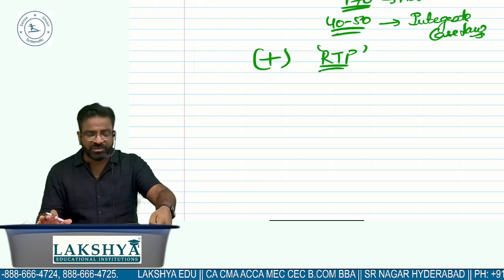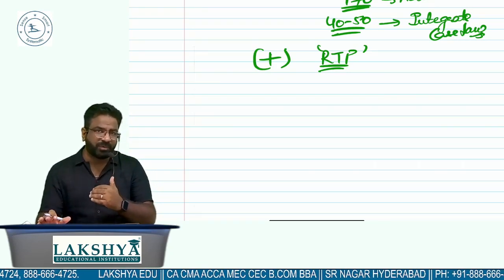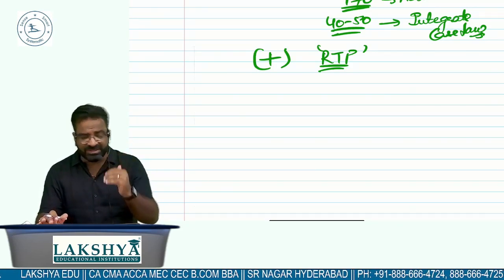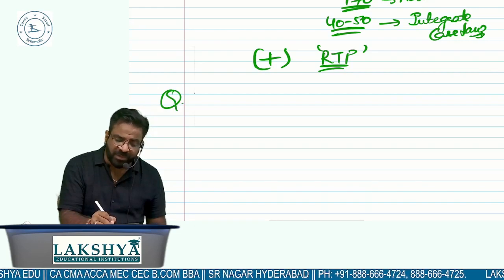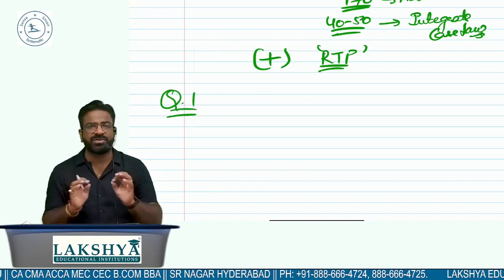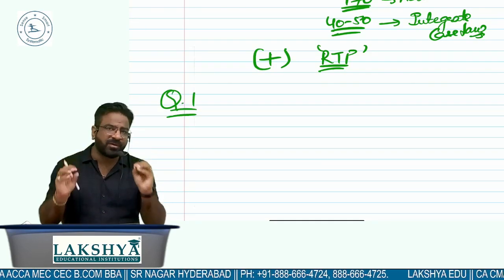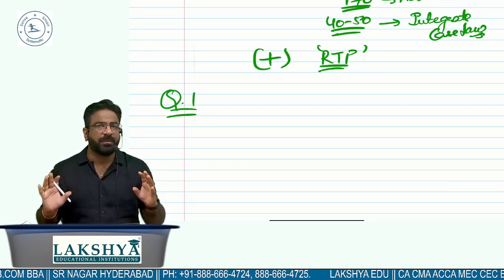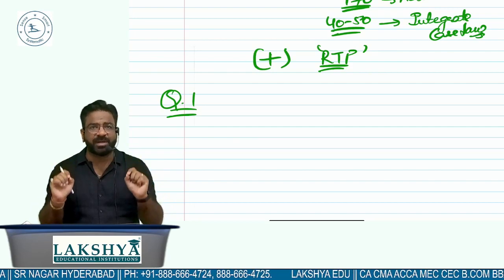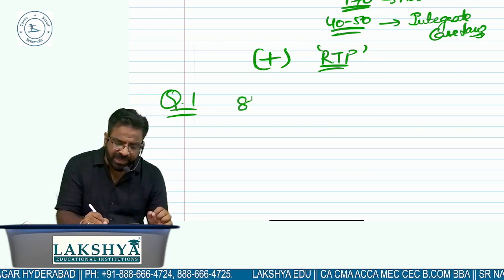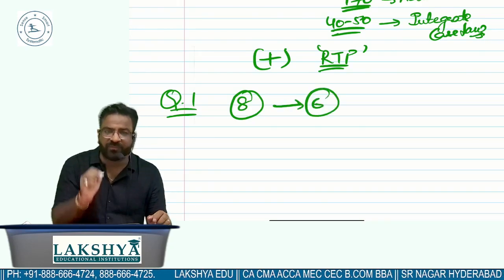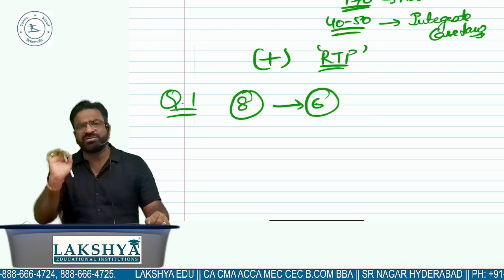Now, the next thing is question number 1. When you see the descriptive paper, as you know, the MCQ question paper you are not allowed to take along with you. The very question number 1 is going to be correct and incorrect. These are hand-picked questions. Anywhere from the material, they may ask you. But if you're conceptually very sound, I can easily guarantee 8 points are going to come, 2 marks each. You can easily do 6 out of it.